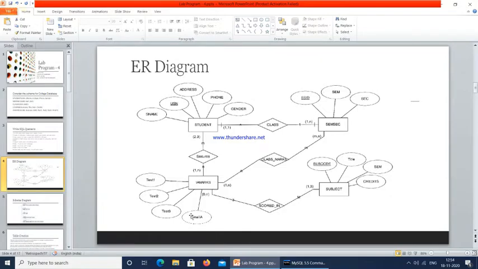ellipse. So that means this will be calculated. So we are going to calculate the final IA based on the test 1, test 2 and test 3 performance. Okay, so this is how we are going to represent the attributes you are going to calculate. Those attributes will be represented by dotted ellipse. Similarly, the age: if you give the date of birth, it should calculate the age of the person. So age is also a dotted attribute. It should be represented as a dotted attribute. So m students can take n tests.